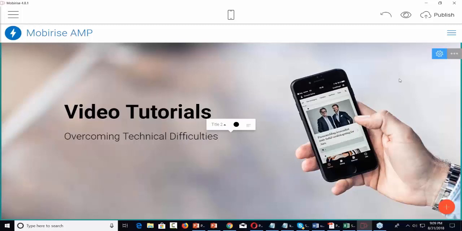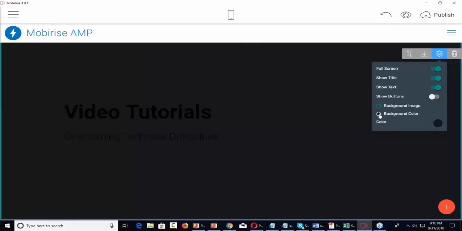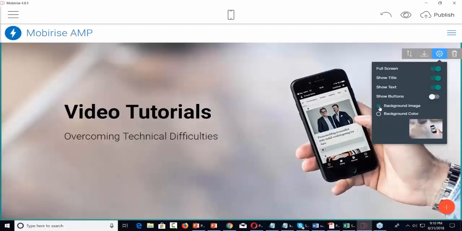Right, now remember, one of the things I can do with this theme is click these three buttons. I can then take a look at the parameters. Now with this particular block, I can change the background color. So if I want to change the background color, I can do that. If I want to show buttons on here, I could do that. So for example, if I want my buttons all the way up here, I could then show the buttons